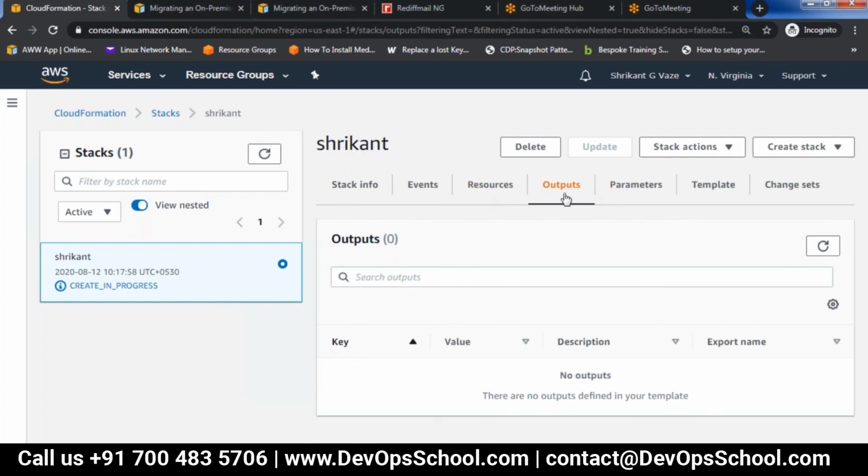Once the stack is ready, in the output you will get one HTTP link so that we can access our Ruby on Rails.